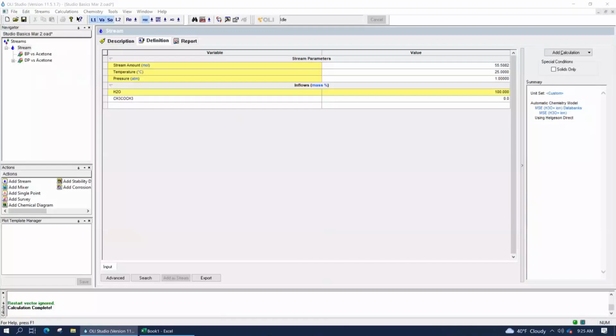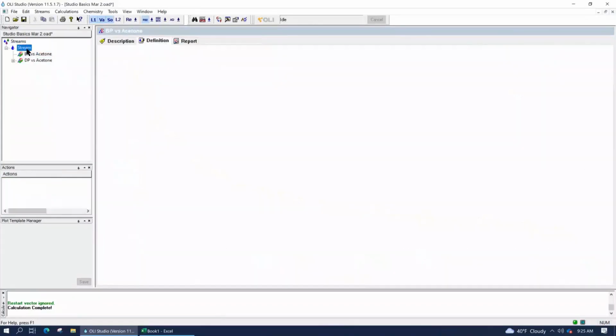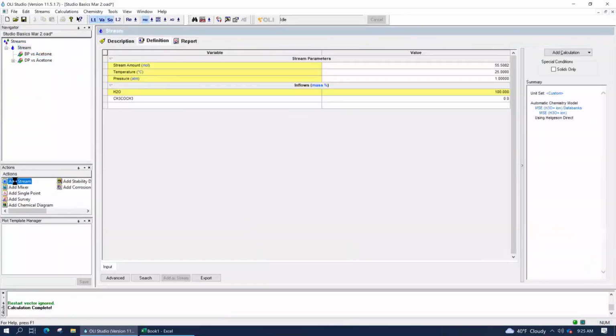And the way we're going to do it is that we're going to, once again, add a new stream. And again, in order to see the action panel, you have to be at one of these two stream levels. If you're at the survey level or a single point calculation level, you don't see the objects in the action panel. So let's go ahead and add a stream.